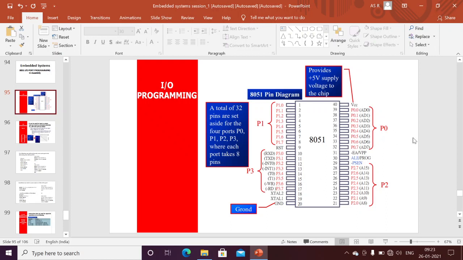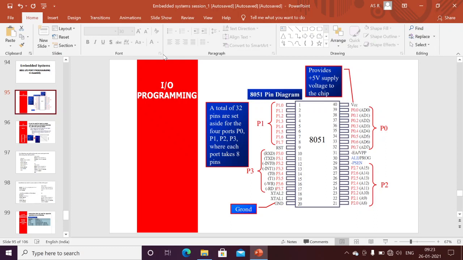If I want to connect any external memory, these two control pins can be used to indicate whether I want to read the data or write the data. Otherwise, we can use them for input and output. These are the main uses of the 32 IO pins. Initially, these 32 IO pins we can use for input and output, we can connect an LED or switch to any of the pins, and we can write the program as well.